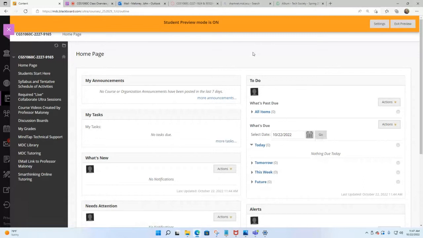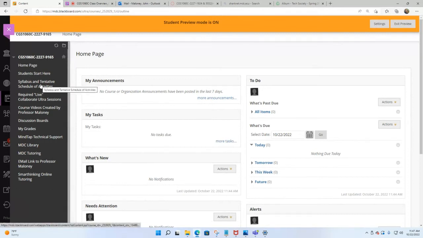I also created the CGS1060C advanced desktop class for the MDC Online, which is the fully online class modality that we utilize. And every 3rd year I have to update my entire class, basically, because books change and objectives change and learning competencies change. So I'm having to do all that this term as well.